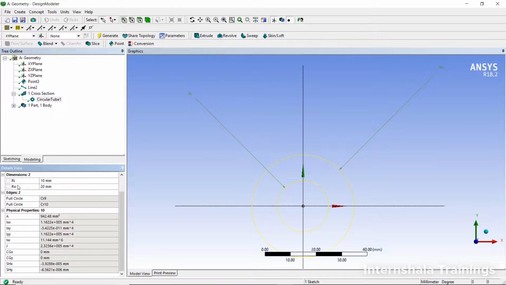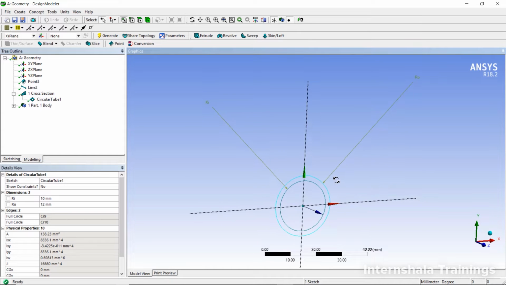So here there are 2 dimensions basically. One is the RI, which is the inner radius of this particular circular tube, and RO, which is the outer radius of this particular circular tube. For this purpose, I am going to leave the inner radius as 10 itself, and outer radius as 12 mm.